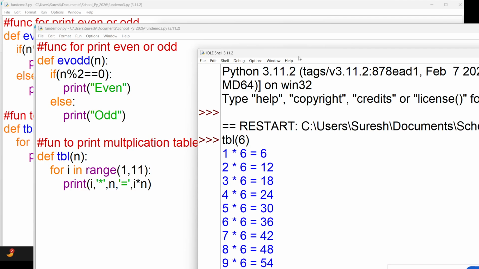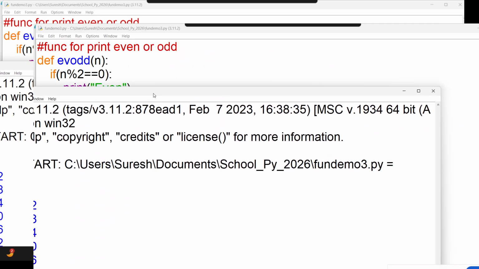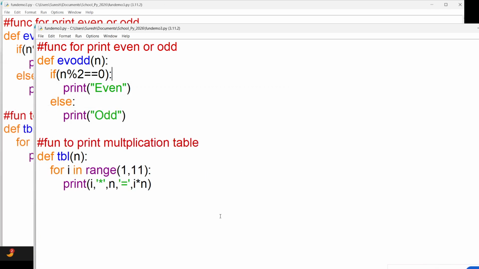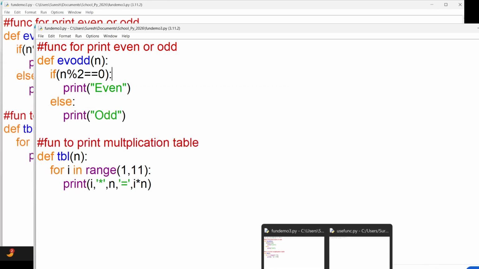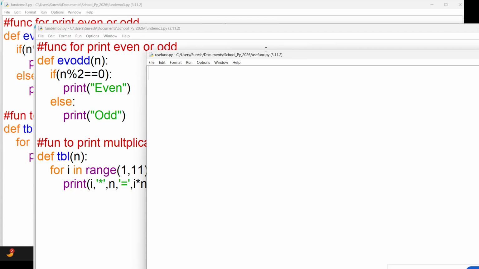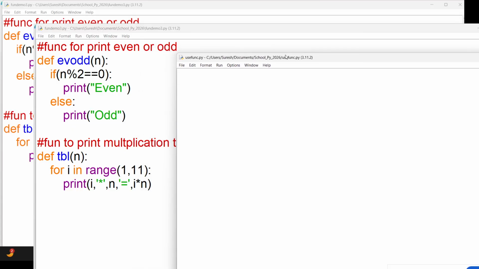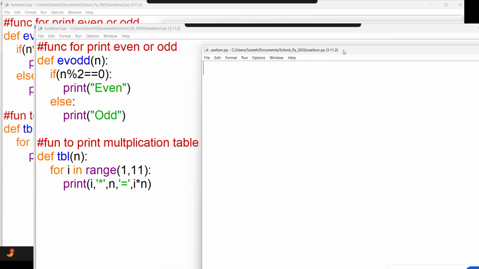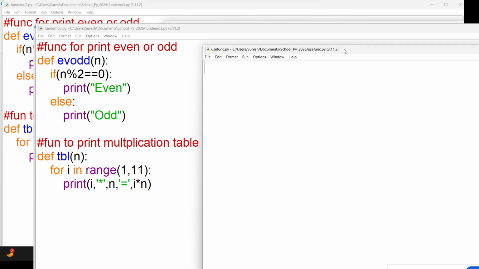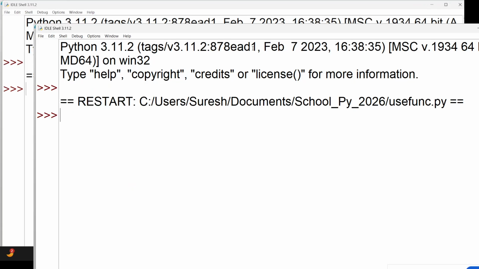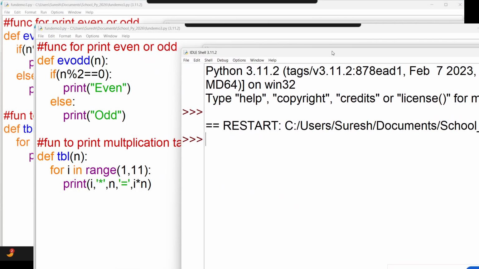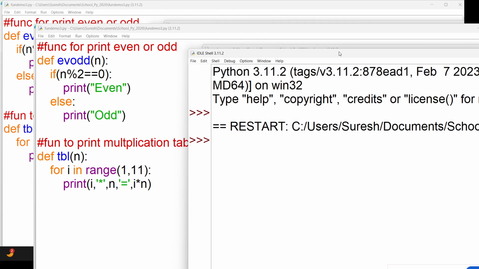Okay, cool. So the simple thing is that if you try to call the function within the same file, it will call the multiple. But if you try to access this function from the other file that we have created as of now, that is user function.py, and I run this file here, now it is user defined, or sorry, user other file function.